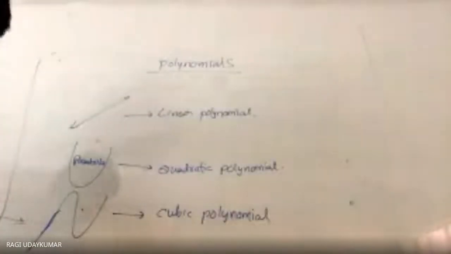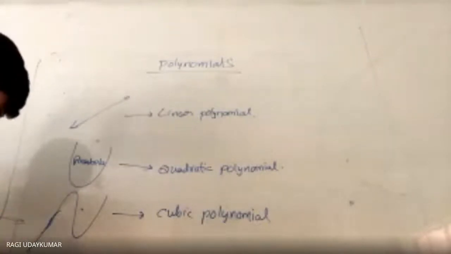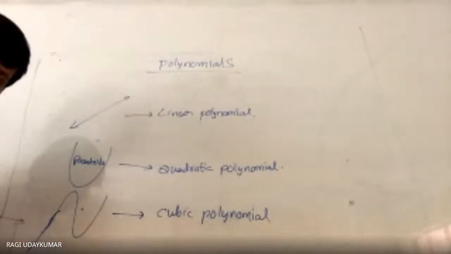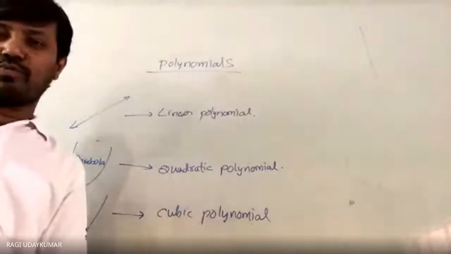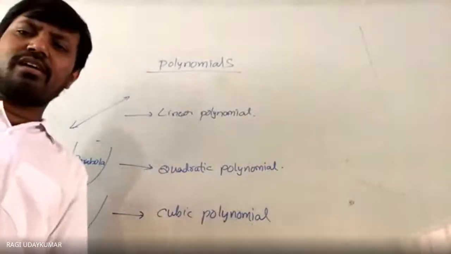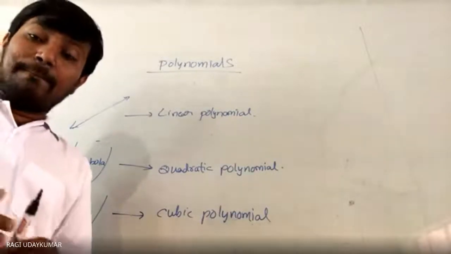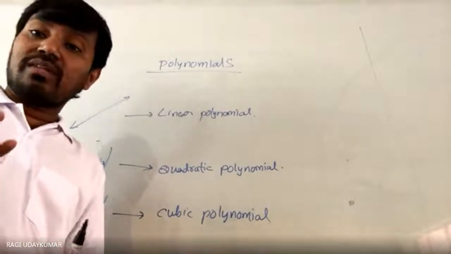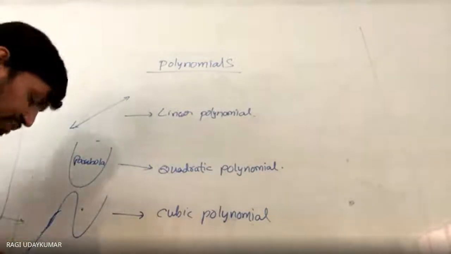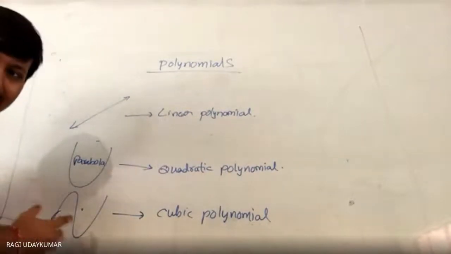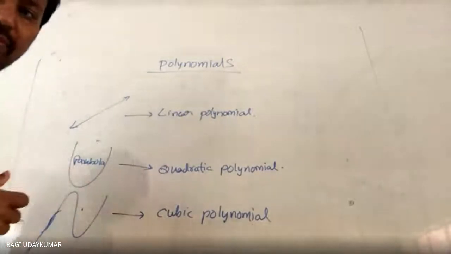Because if you observe this cubic polynomial, suppose it has the x-axis like this. If you extend it like this, it is going to touch at only one point. Touching at one point doesn't mean that it is a linear polynomial. Do remember, this is the main point to remember in the graphs of polynomials. You cannot conclude which type of polynomial it is by looking at how many places the graph touches the x-axis.